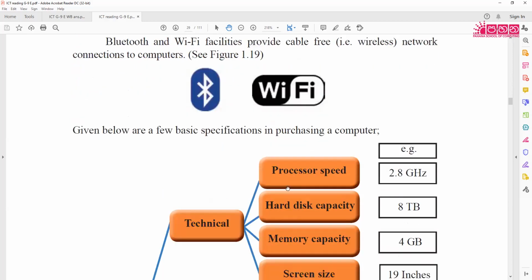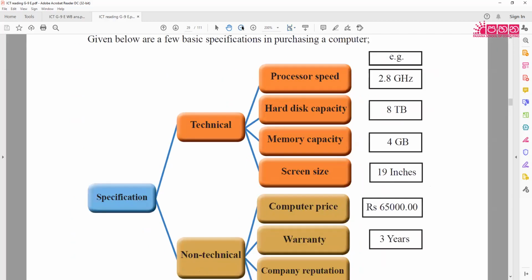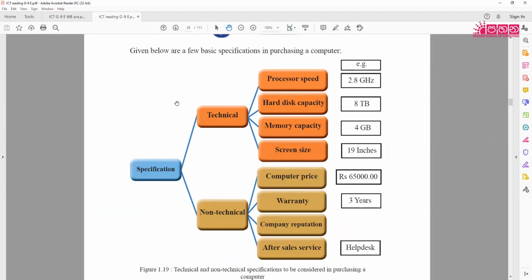Right, now I think we have discussed quite a lot of details about purchasing computers. And the details, as we already know, can be the specifications of the computer. We can divide it into two parts, that is technical and non-technical. Technical means these are the things you should look at if you want to purchase a faster computer with high capacity, then you should look at the technical details like processor speed. Now, examples are given. So processor speed,